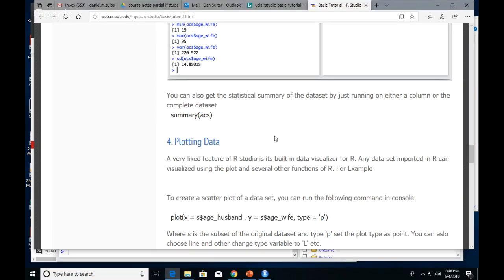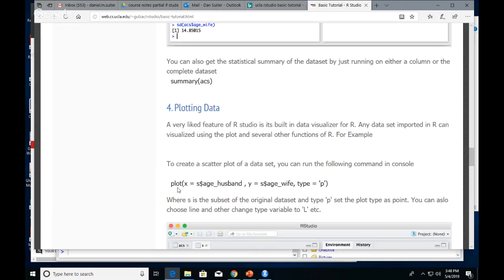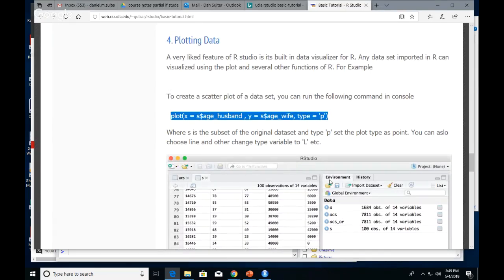All right, so that was the A/B thing. Now plotting data. If you grab this command here and plot it,